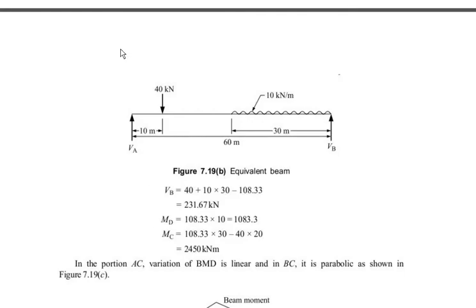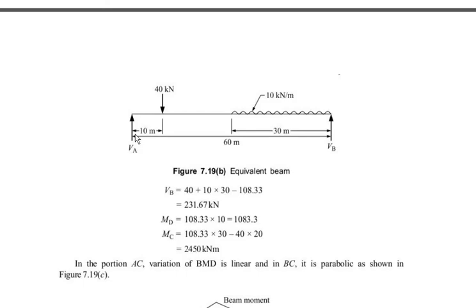So just see this equivalent beam only, find the values of VA and VB. Now just calculate the moment about point C and moment about point D in the equivalent beam. Remember, not in the arch, in the equivalent beam. So we are going to take the moment about point D. This is our point D. So what is the moment about this point?